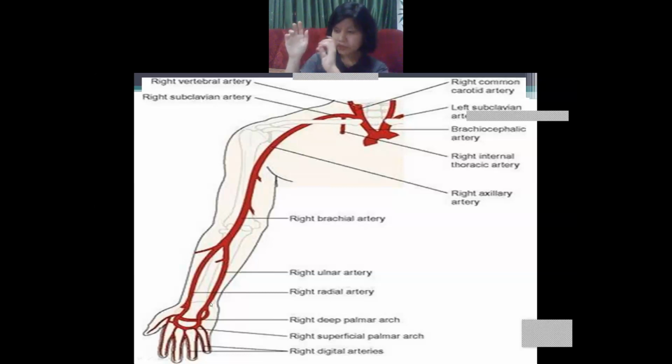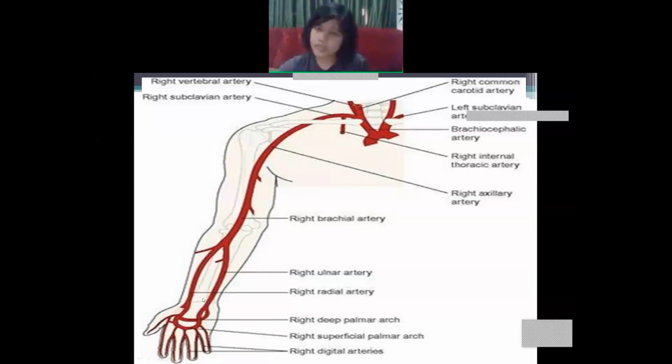Don't get confused. The ulnar artery you will find on your little finger side, and the radial artery you will find here, on your thumb side. The brachial artery divides into two arteries, first the ulnar, and next the radial. Don't get confused. Okay, so